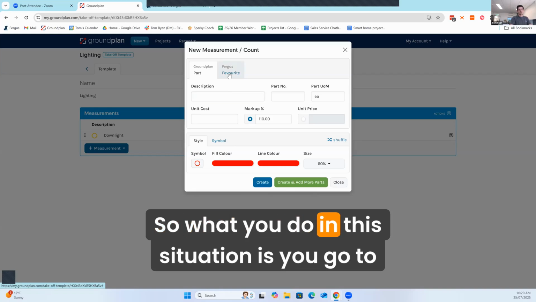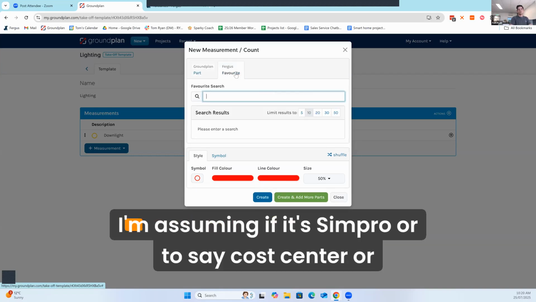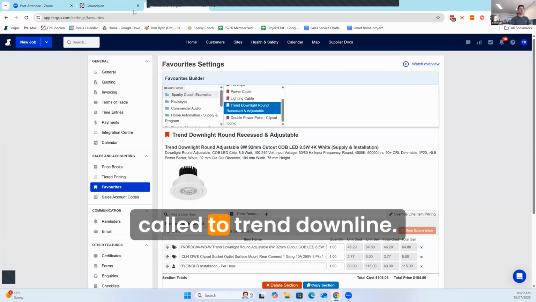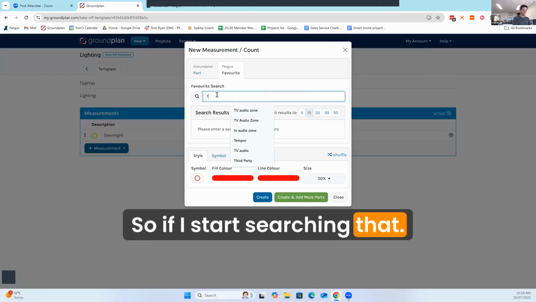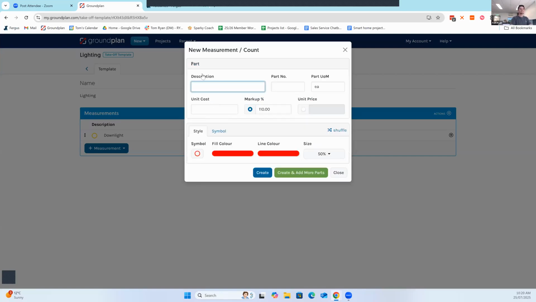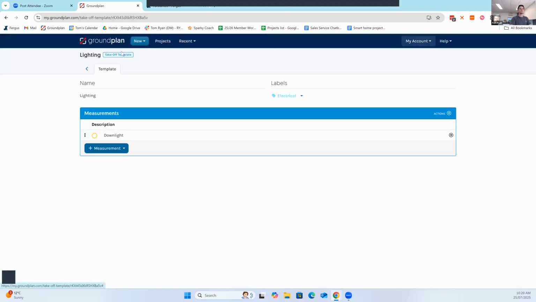So what you do in this situation is you go to favorite instead. I'm assuming if it's Simpro, it'll say cost center or whatever. And then you just got to search exactly what it's called. So trend downlight. So if I start searching that,